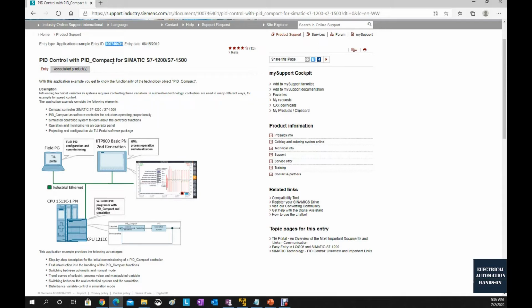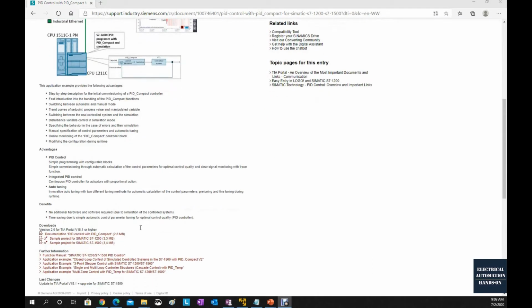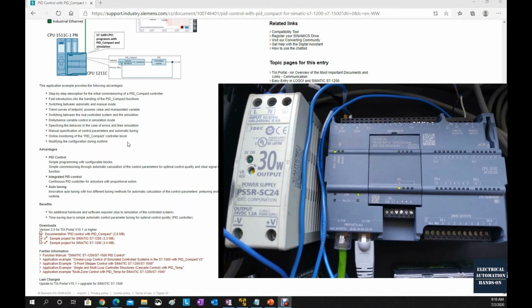The PID controller inside this platform is PID Compact. It is compatible with both the 1200 and 1500, so that means the PID control function block is the same on the 1200 and 1500. This sample includes two sample programs: one is for the 1200 controller, one is for the 1500 controller. You can download them. Also, to better understand how this system works, you can download this document and learn how it works. In this system, I will use this sample project for the 1200 controller, because in my hand, I have